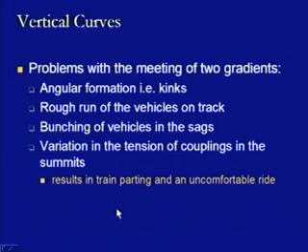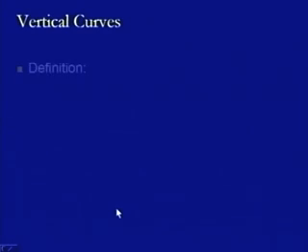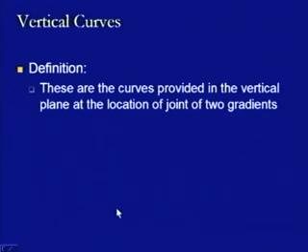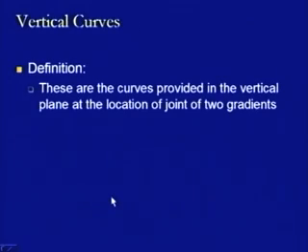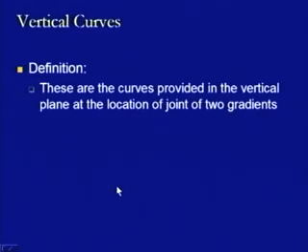This is met out by the vertical curves. The vertical curves, by definition, are the curves provided in the vertical plane at the location of joint of two gradients. As we have discussed the different problems, we have seen that whether it is the sag condition or the summit condition, in both the conditions kinks are formed